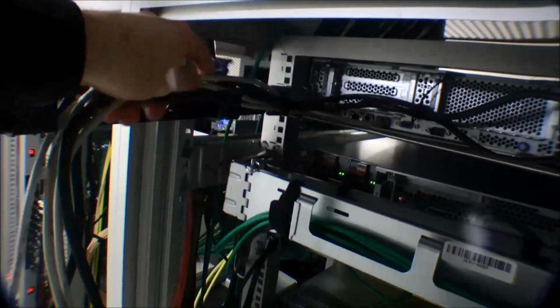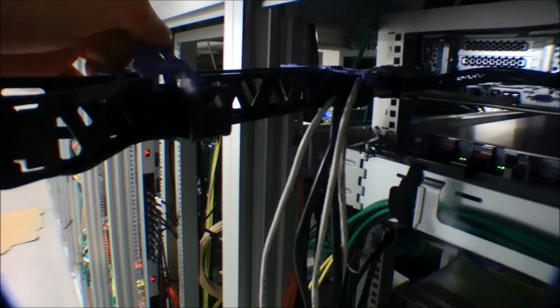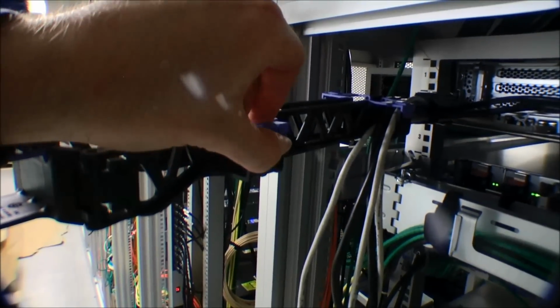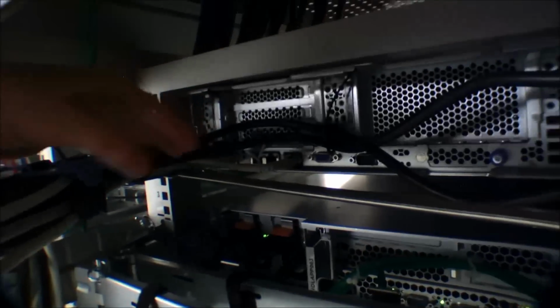We have 3 cables, and what I actually do is take one of the wire wrappers. I think they're called that. You know, the plastic things that the wires are bundled together with, and I put that around the management network card, and that's probably what I'm trying to show you here. In here I have a wire wrapper around the management network connection, and I have that on the other end of the cable as well, because when you're just putting in the cables,